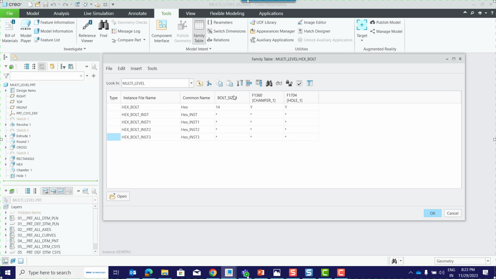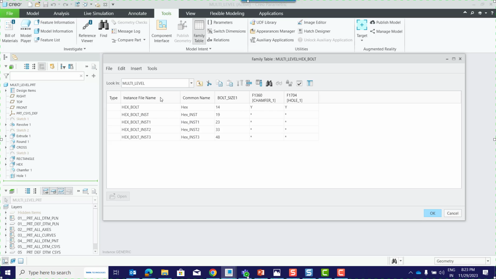So when the bolt size 1 parameter is 14, the bolt diameter is +2, that is 16. So let me add the values like 15, 20, 35 and 50, or rather this I would say 48. Let me say this adds 19. Let me say this adds 23. I would say this adds 33. So